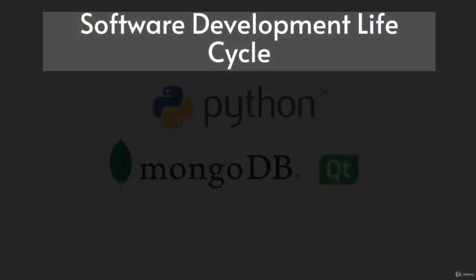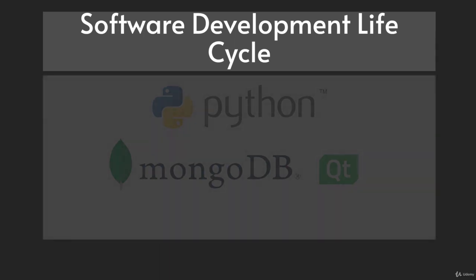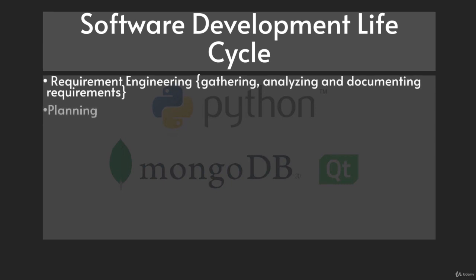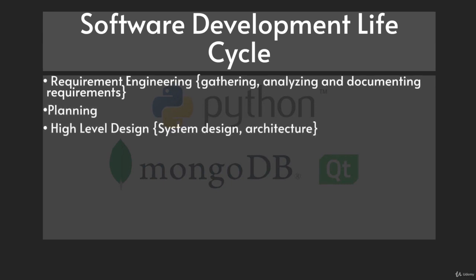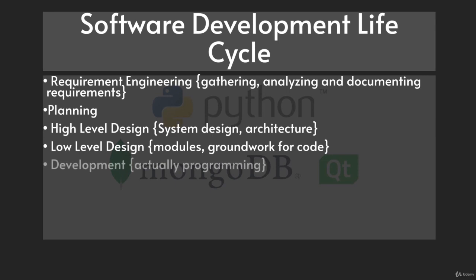Now in this video we're going to talk about the software development life cycle. The software development life cycle consists of some stages, and you're just going through the different phases, and they're essential to every software engineering project, of course. And so let's discuss the first phase, which is requirement engineering, and we're going to go through it fairly